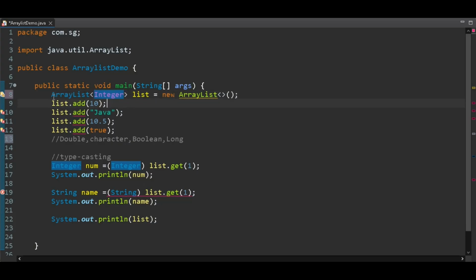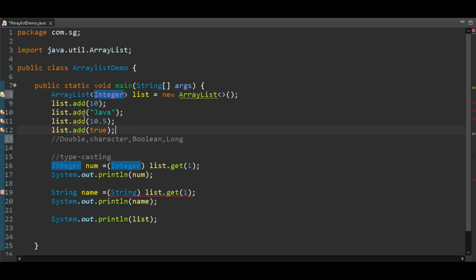Okay, so here this integer is a generic type argument, which tells the array list to store integer values only. So basically this array list allows to store only integer values because here we have specified integer as a generic type. But here we add string, double and boolean type data also, and therefore it's showing red line errors. You can see here.